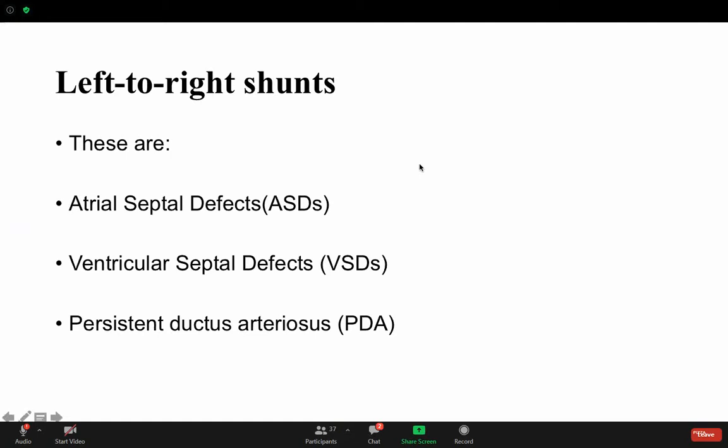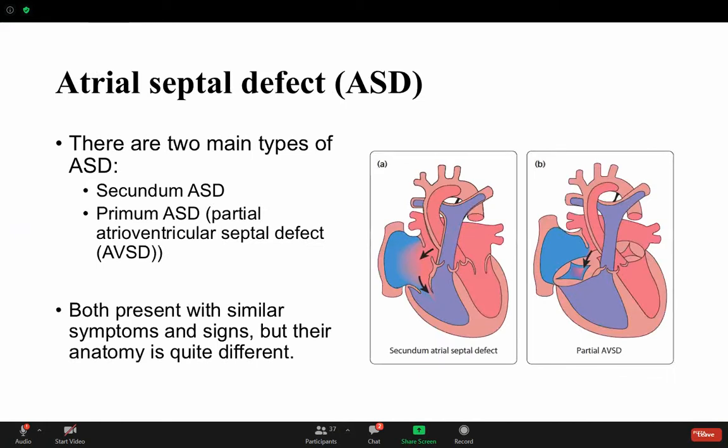فبنبدأ بالليفت تو رايت شنت اللي هي الاتريال septal defect, ventricular septal defect والpersistent ductus arteriosus. فهذا نبدأ بال atrial septal defect. اوكي فيها two types لها، ما يحتاج تفهم تفاصيل، بس just in case تسمعون secundum، primum ASD يعتمد وين مكانها في ال atrial septum. اوكي